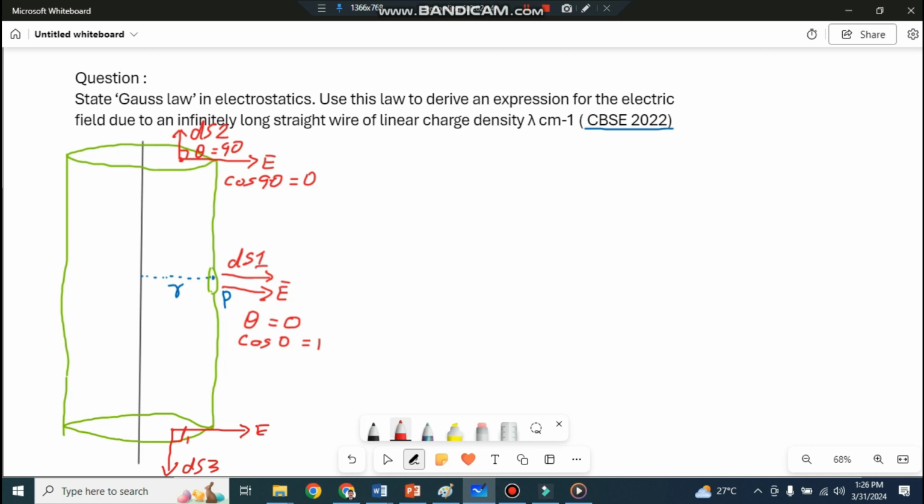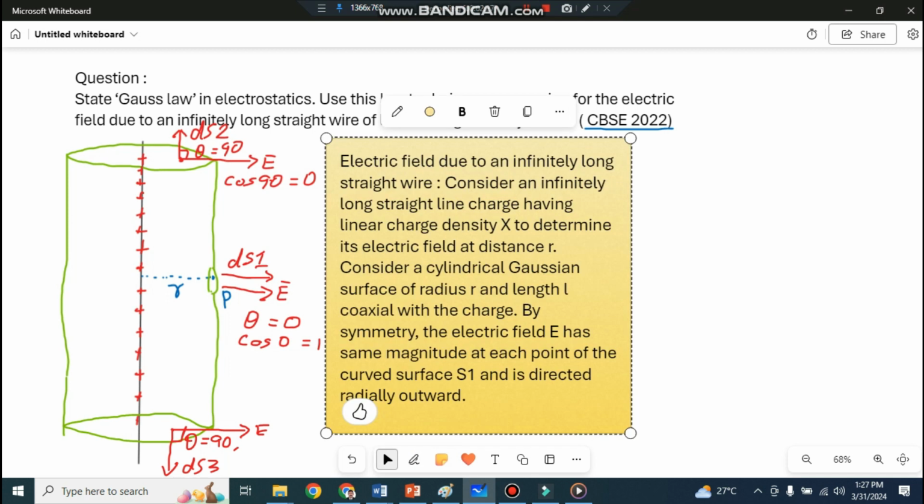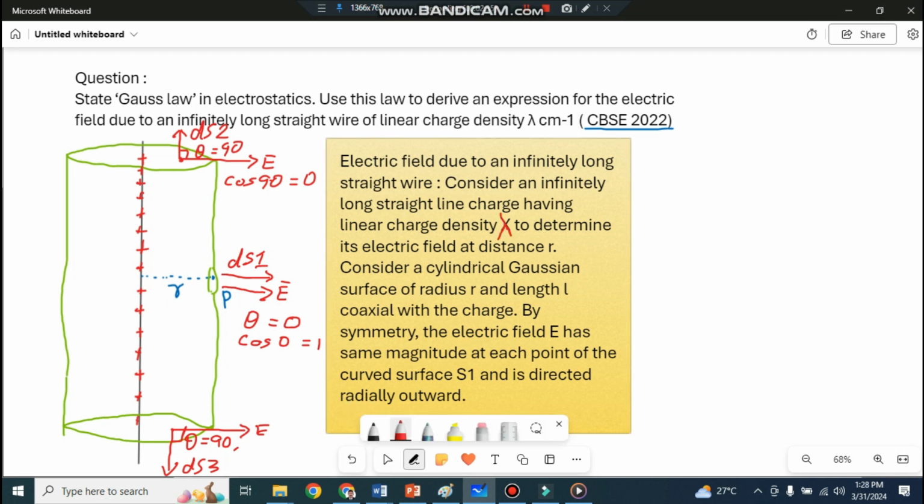Then we will introduce a small sentence about what this is about. So one paragraph you want to write, that you can write your own way. Basically the idea should be what I gave here. So: electric field due to an infinitely long straight wire. Consider an infinitely long straight line charge having linear charge density lambda. To determine the electric field at a distance r, we consider a cylindrical